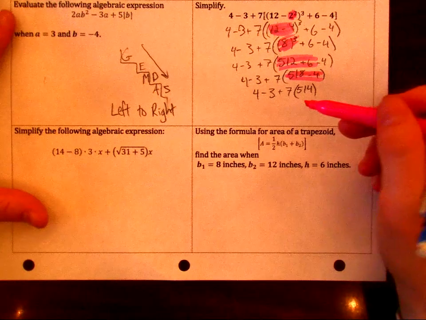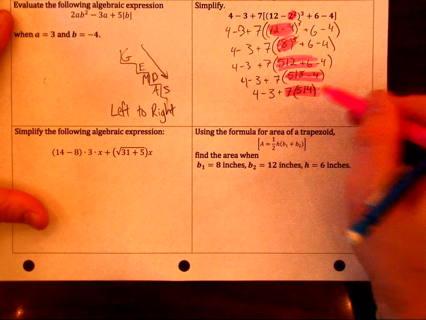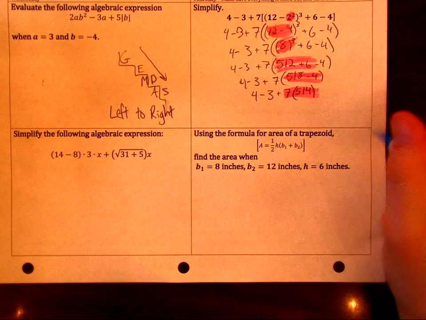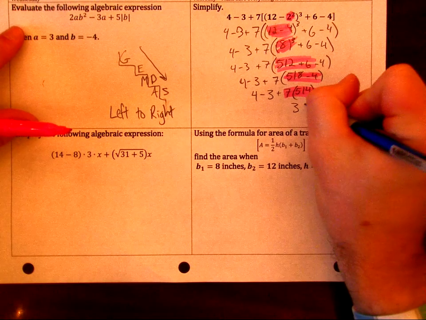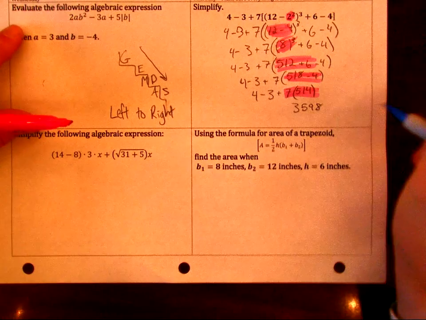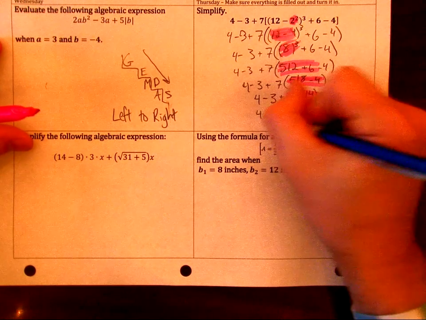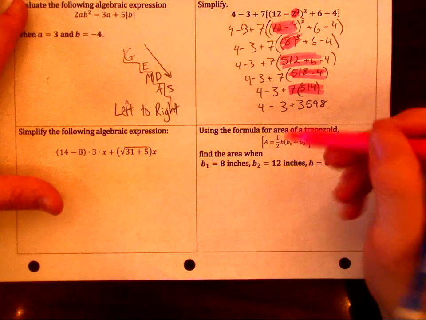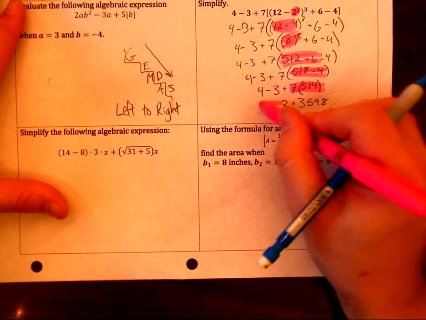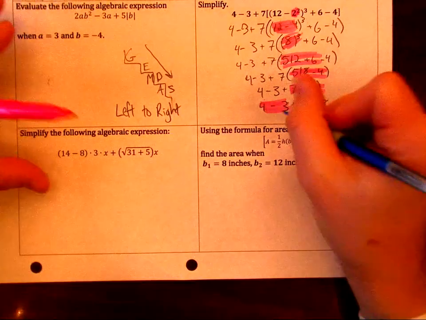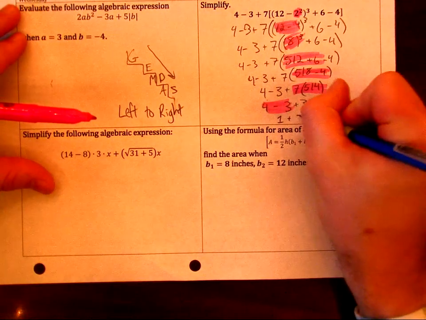All right. Want to make sure that you can multiply before you add or subtract. And so that's going to be 3,598. Again, I always want to double check my math, but I know I'm all right as well. So we have, this is going to be 1 plus 5,